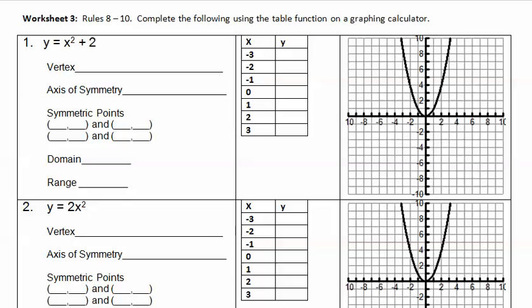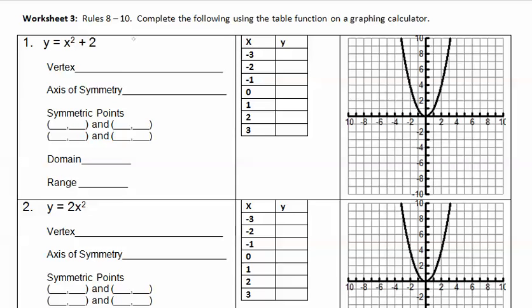Alright, for worksheet 3, we're going to actually create a table, and then from the table, draw our graph, and then once we've drawn our graph, we're going to see if we can find all these values that we found up in worksheet 2. Alright, so for -3, and you can actually take the calculator and plug these into the calculator. You don't have to do it by hand, but I'm just going to show you how you would do